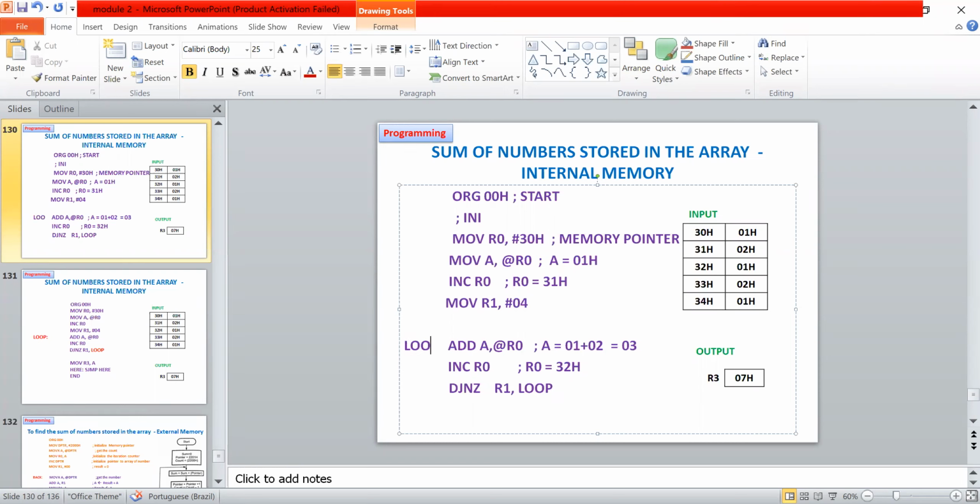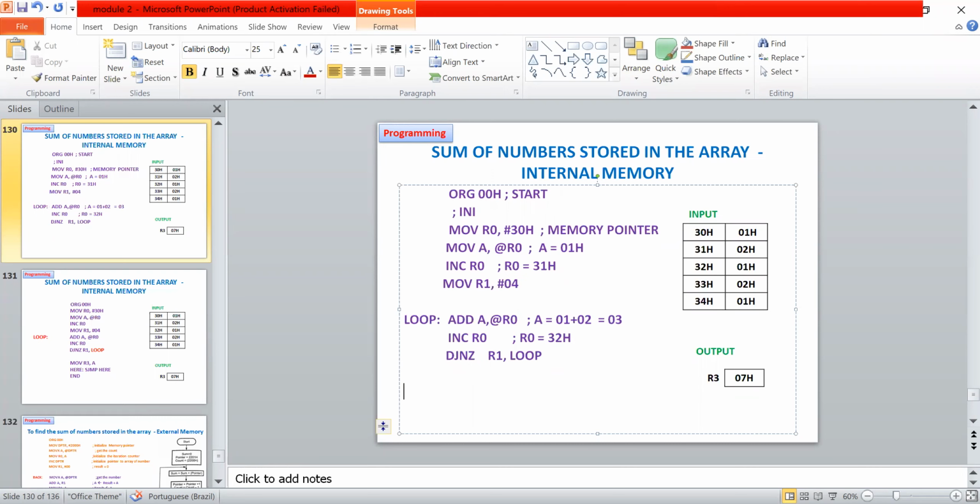So this is my adding. Now you can see R0 is 32H, and I'm going to add the accumulator value 03 with @R0. I'm pointing to 32H, where I have the data 01.